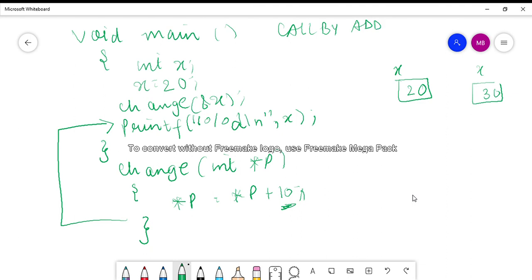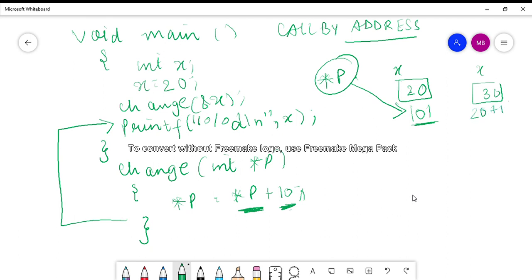So in that case I am saying whatever value is stored in that address is incremented by 10. Now this is pointer p, and I am saying whatever value is stored at this location, now 20, is incremented by 10. So when I increment it by 10, I get 30.